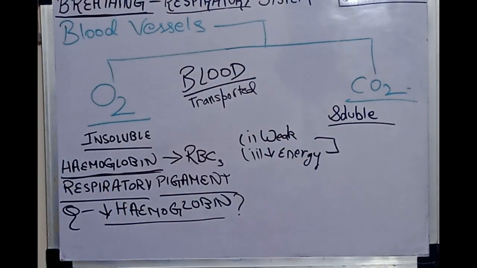Let's say मेरा hemoglobin was low few days ago, और मैं breathe तो अच्छे से कर पा रही थी. I was really inhaling very nicely, but hemoglobin था नहीं, respiratory pigment नहीं था, तो oxygen transport नहीं हो पा रहा था body में अच्छे से. Now when your oxygen was not able to transport, like in my case, oxygen जब ठीक से transport नहीं हो पा रहा था, so oxygen body को चाहिए. If it's not able to transport, so due to the lack of oxygen,